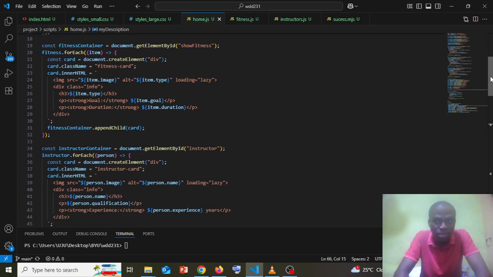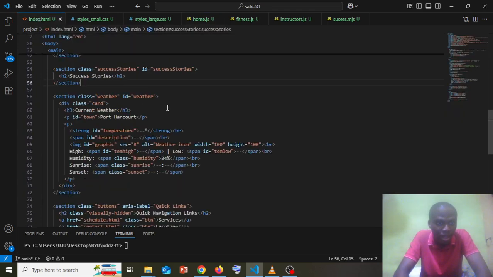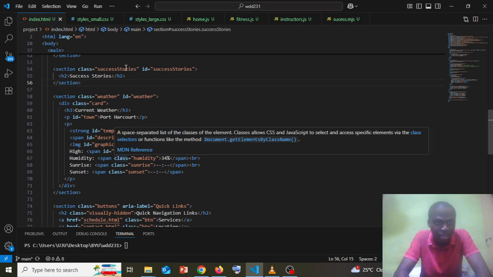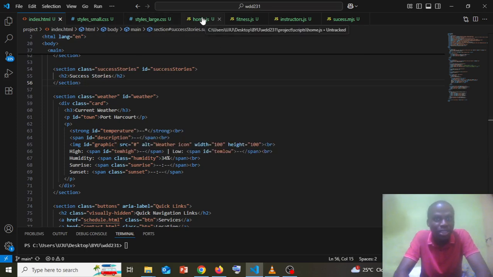This school project, what I did is that I created a section in HTML tags, which is really for weather, and I named it the weather section. Other tags are inside. Then I now use my JavaScript to select